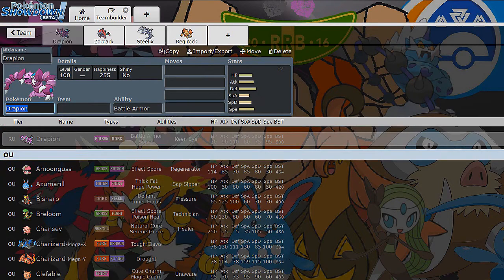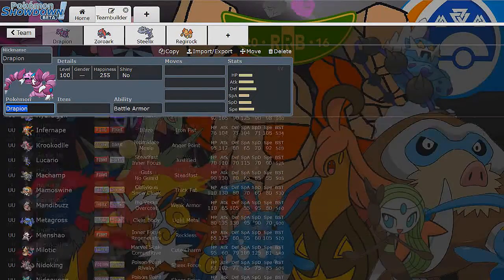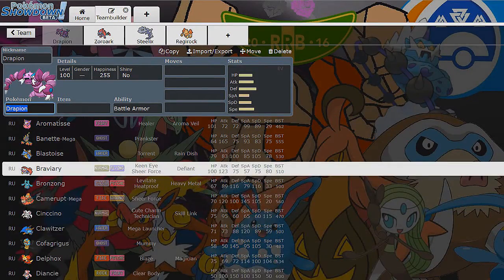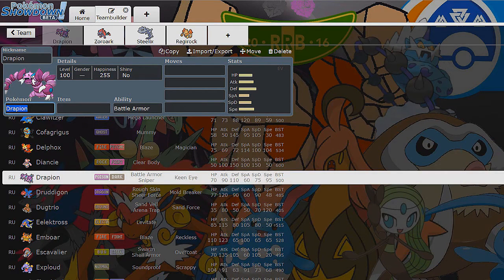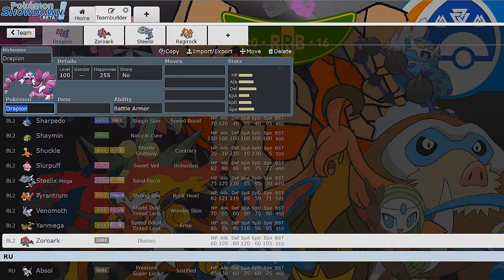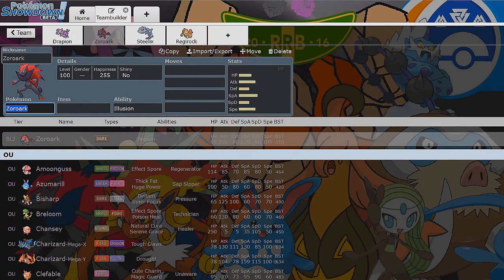And the VPL, if you didn't use your snipe action, like I didn't, you have the option to upgrade a Pokemon from its respective tiers. So if I scroll down right here, past Ubers, past RU. So we go to RU. We see Drapion is there. I'll scroll down so you guys can see too. So Drapion is RU. Now if you didn't use your snipe action, you're allowed to upgrade into the borderline above. And as you can see, Zoroark is right here. And so I did. I upgraded